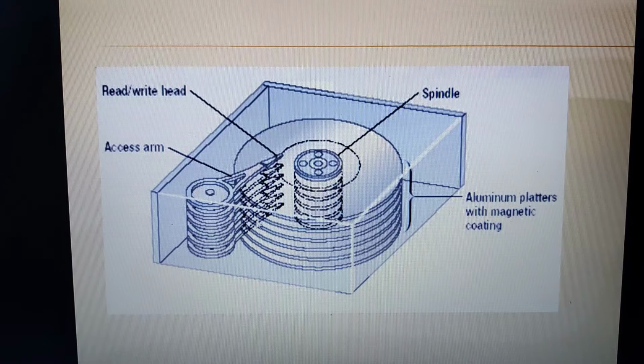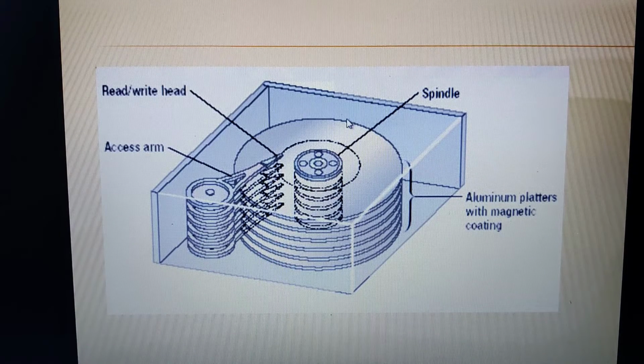See here, at the time when we write the contents to this particular hard disk, that is when we try to store something into the hard disk, that is called a write operation. When we perform the write operation, the data comes in and is converted into the form of magnetized particles. Those particles will be arranged either in the north pole or in the south pole.